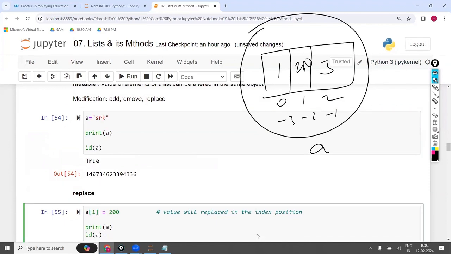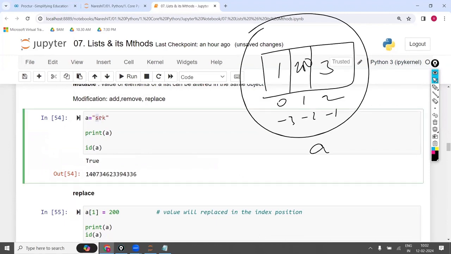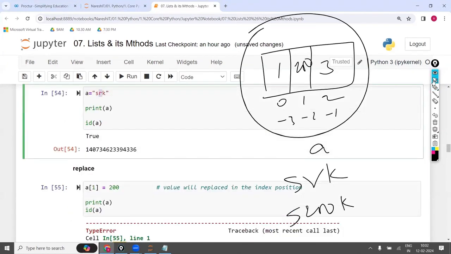What is A[1] inside this? It is R. Now I want to replace R with 200, so that instead of SRK, it becomes S200K. I want it like this, but it will simply throw the error.